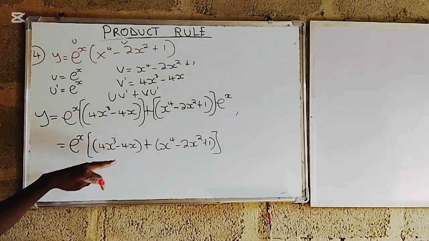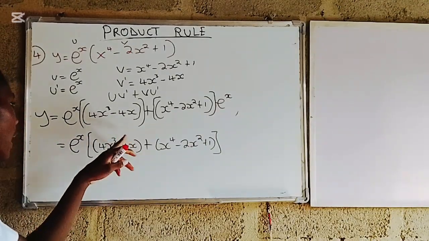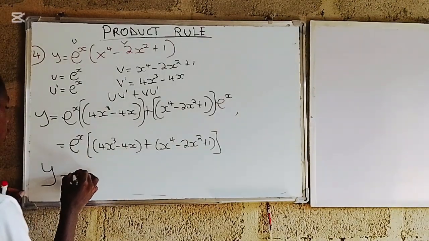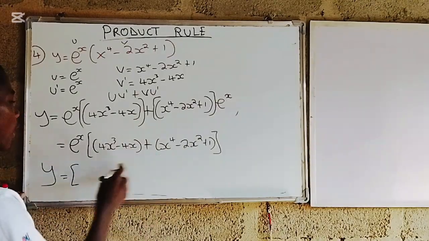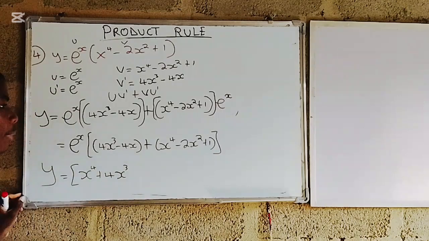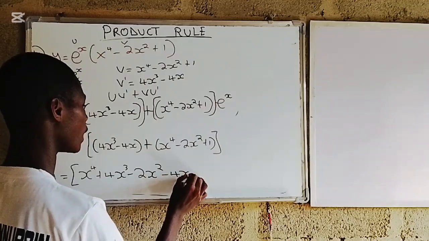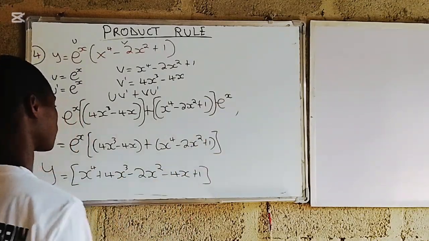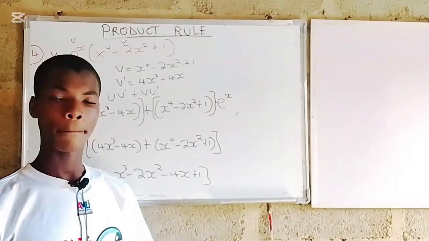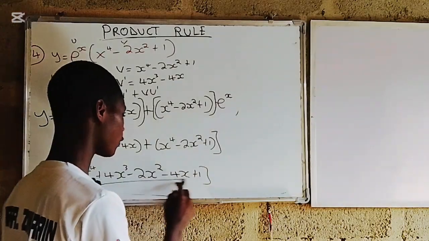So there is no term that has the same power. This is a power of 3, and this is a power of 1, power of 4, power of 2, and this is 1 as a constant. So this should now be equal to, which power comes first? The power 4 comes first, and then power 3, plus 4x power 3, and therefore power 2, 2x squared, power 1, minus 4x plus 1. I just arrange the powers: power of 4, power of 3, power of 2, power of 1, and power of 0. So this is the final solution